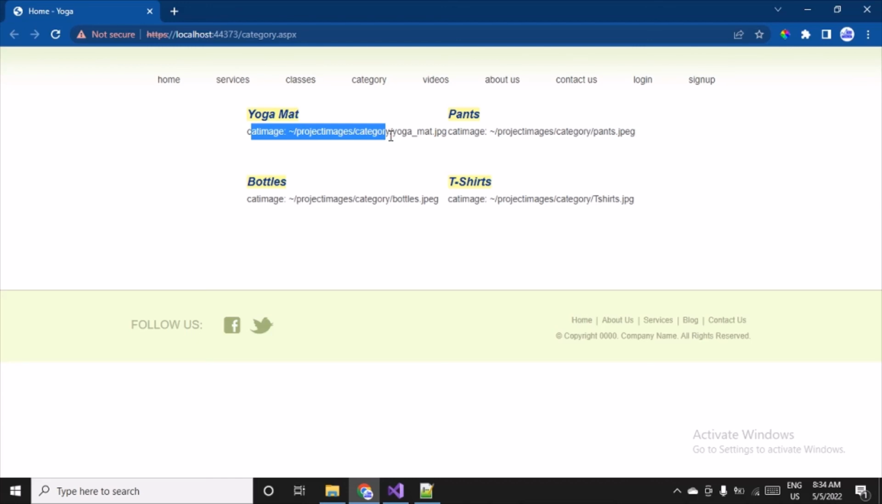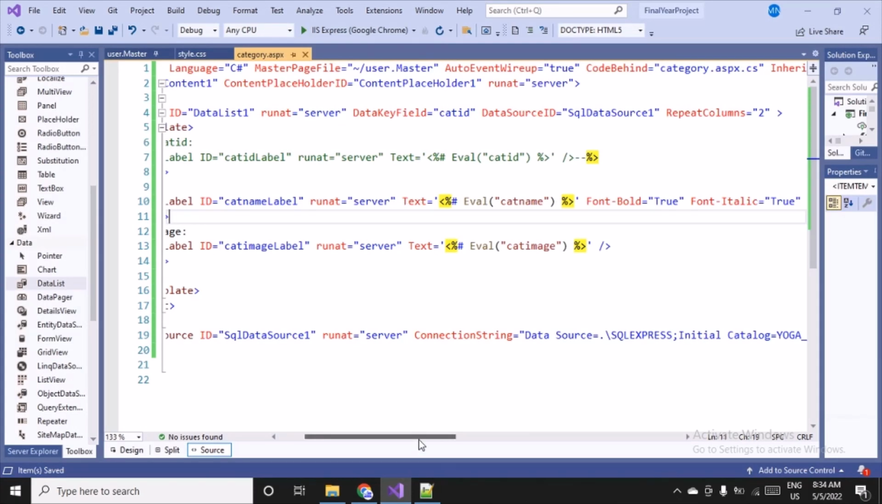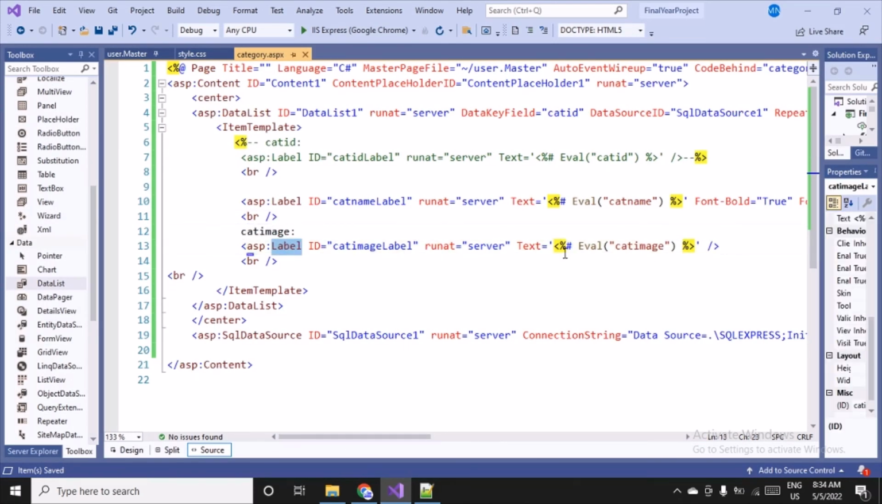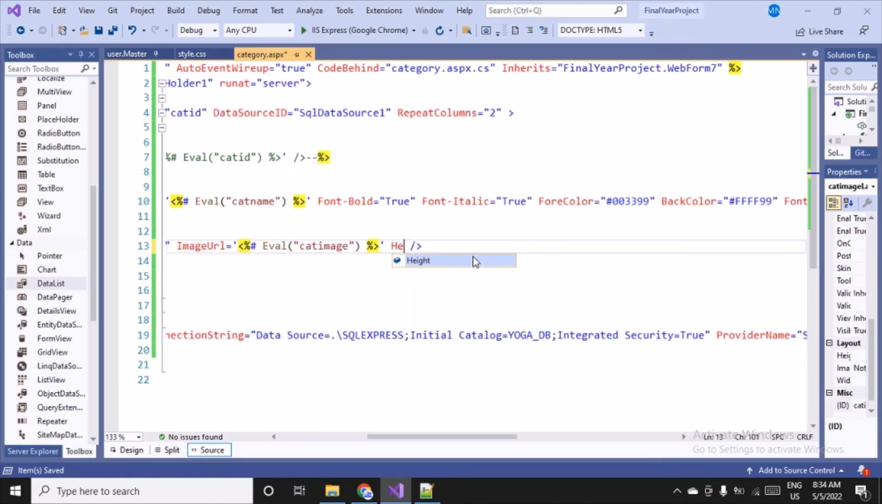So let's replace this label, because this is also a label. Let me show you the label. Yeah, this is the label, right? And where the category image is getting displayed, the text is getting displayed from the database. Let me remove this unnecessary tag here, and let me change this label control to image button, because it should be responsive to the user. When the user clicks on it, of course it should redirect towards the product page based on that category. And let me replace this text property with image URL. Even we can set the height and width also. So let's set the height 300 and set the